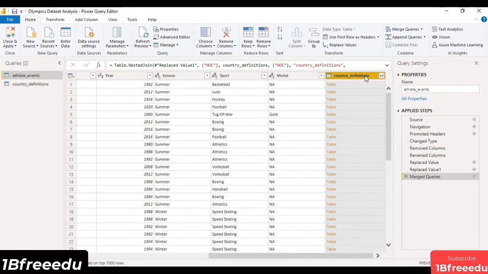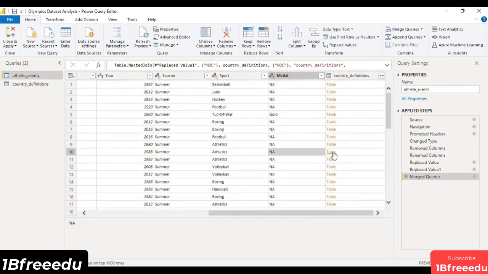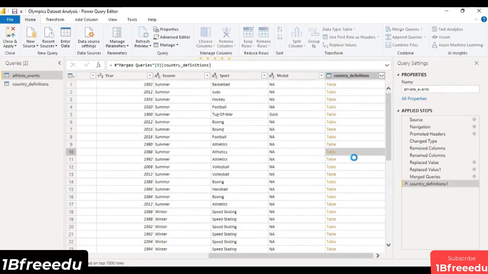Now what is this composed of? It is composed of this table everywhere. But what is this? It's not understandable to us, right? If we go to this table option, we would be able to see the data inside of it. So this is not something that we can work with. So how do we proceed? For this purpose, what we are going to do is